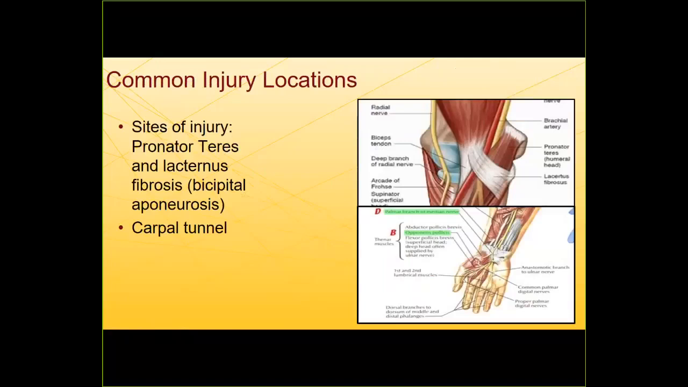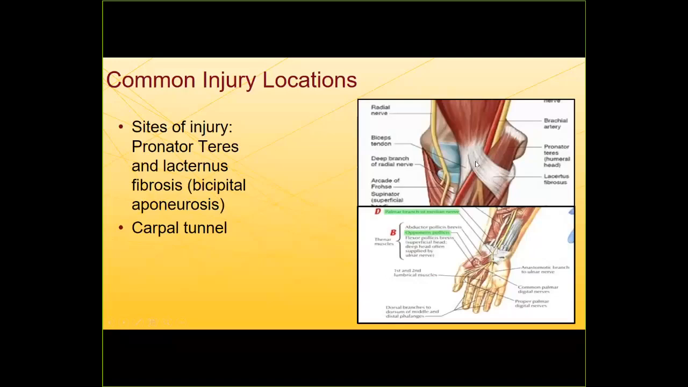So common sites of injury to the median nerve. I mentioned earlier that the median nerve first travels underneath the pronator teres muscle, and here it is right here. So here's where the medial epicondyle is. Here's the pronator teres. And then this is the bicep right here, and here it is coming down to insert on the radius. The bicep actually sends off a bicipital aponeurosis,